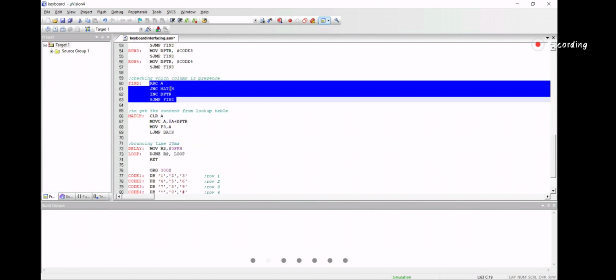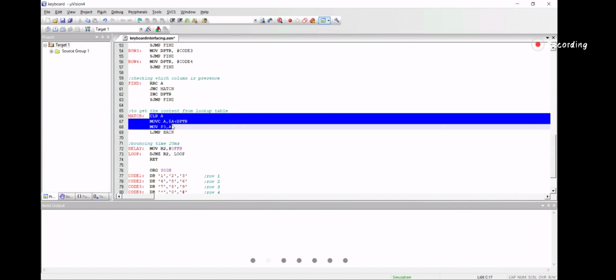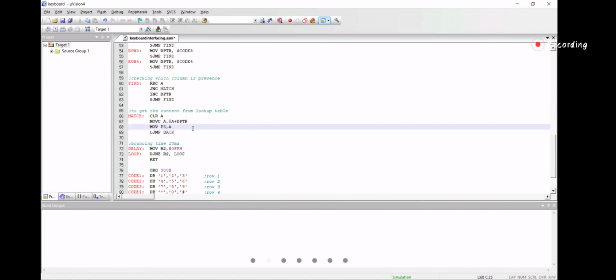And if and only if your carry value is 1, that time it will be jumping to match. If I go to the match subroutine, that time it will again do that and see the value from the accumulator, which had the value of DPTR, will move to the accumulator and finally to port 3, and port 3 will be connecting with the LEDs. So port 3 is the output. Somewhere here I'll write port 3 is the output port, LED.